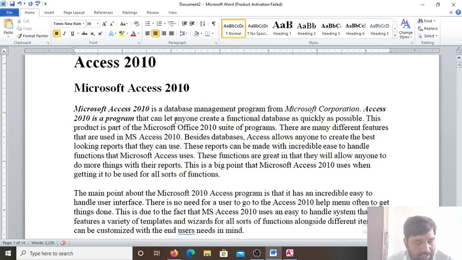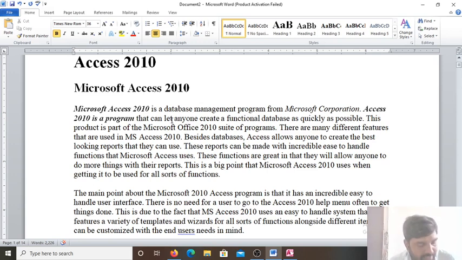A computerized record keeping system is a collection of programs. Access is a computerized record keeping system, a collection of programs which help us to store, modify, and extract the information from a database, known as DBMS, the database management system. This DBMS is software, a collection of programs which help us to store, modify, and extract the information from the database. This DBMS saves our time and energy.